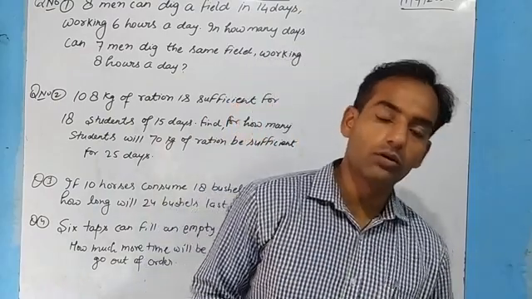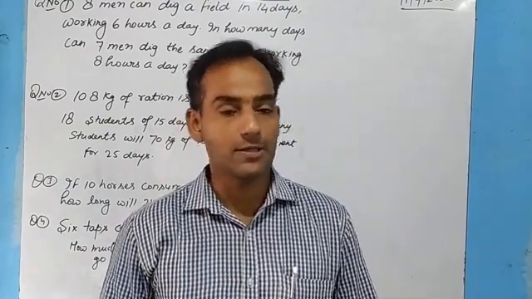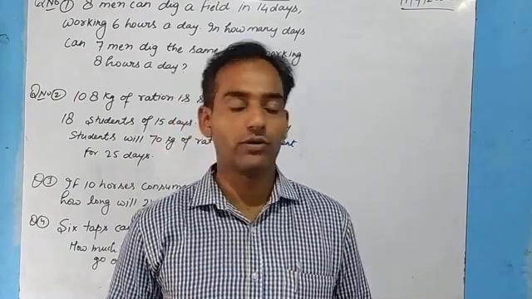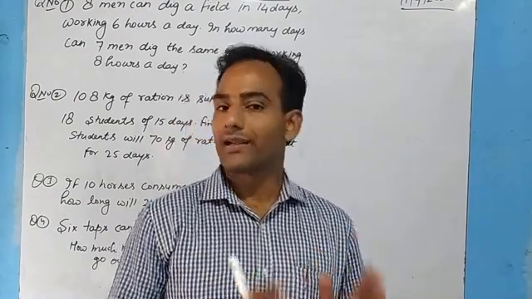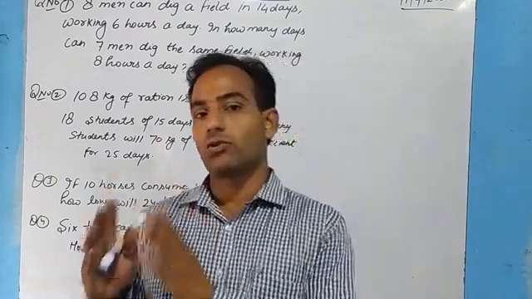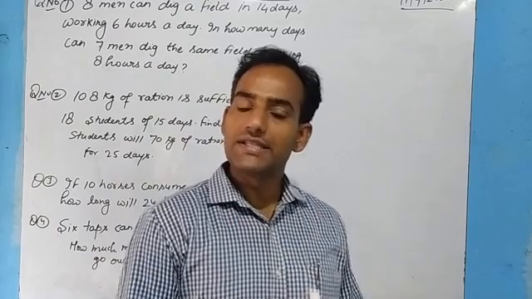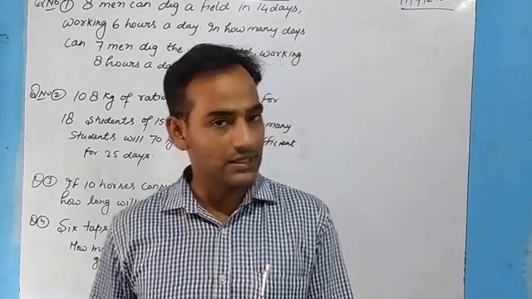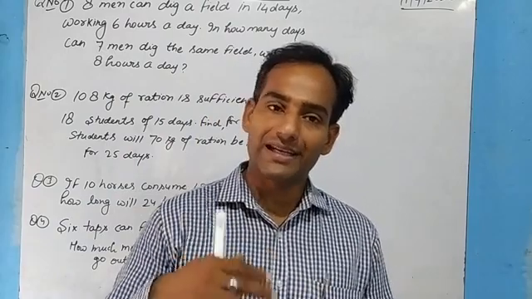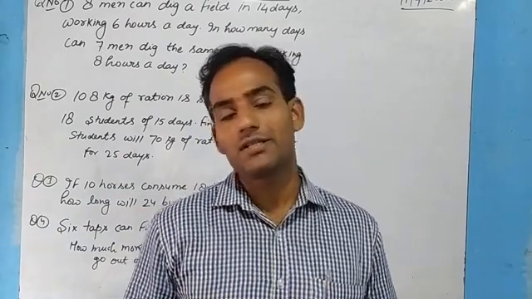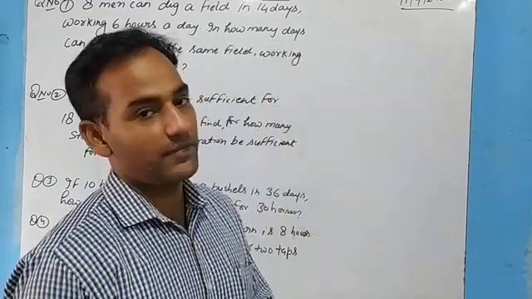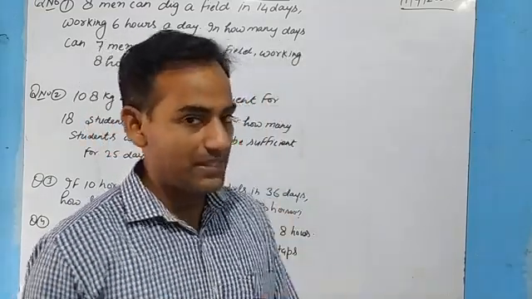I have told you some basic facts about what variation is and the types of variation. As you know, direct and indirect. Direct variation means when one quantity is increasing, the second one is also increasing. When one quantity is decreasing, the second one is also decreasing. So they are direct variation, and if one is increasing, the second one is decreasing, that means it is indirect variation. So some basic questions, some basic concepts, and so many examples we have done.